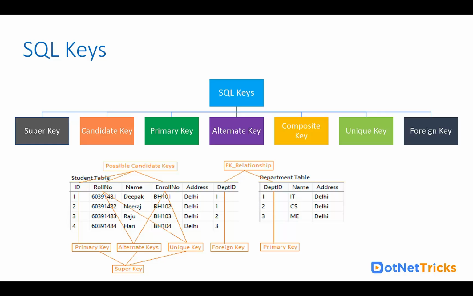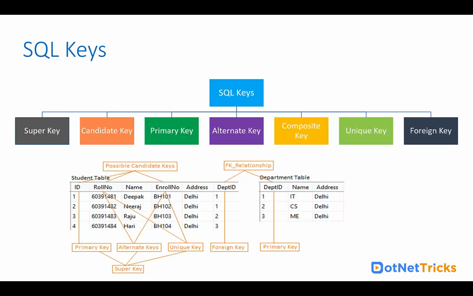When you're talking about the primary key, a primary key is a set of one or more fields used to identify a record uniquely in the database. So the primary key can be a single field, or it can be a set of fields, because sometimes two columns combine together to create a composite primary key. So when there is more than one column, it would be the composite primary key.